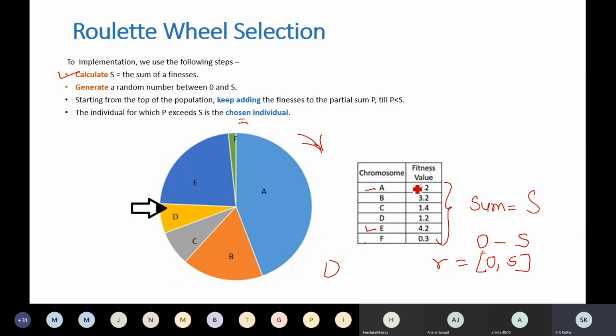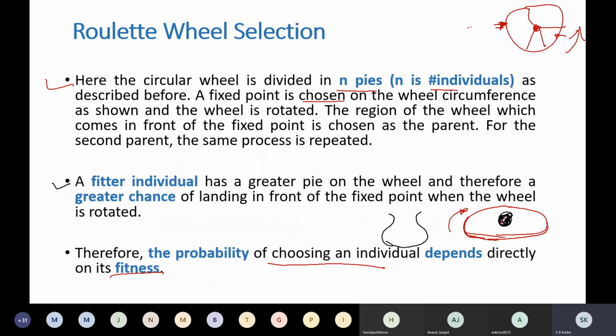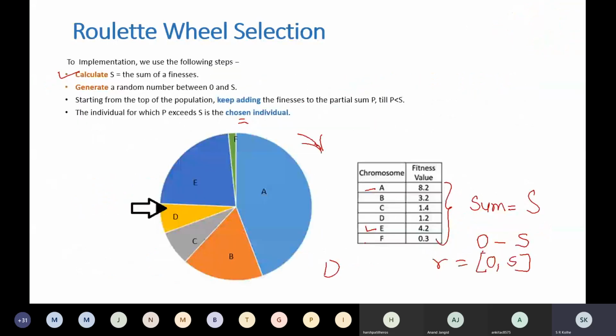This is how in a program you implement the roulette wheel selection method. But actually, there is a wheel, solutions are put on it based on their fitness value, you rotate it, there is a fixed point, and the solution in front of that fixed point is the selected individual. Depending upon how many parents you have to select, you repeat this process that many times. This is how the roulette wheel selection method works.